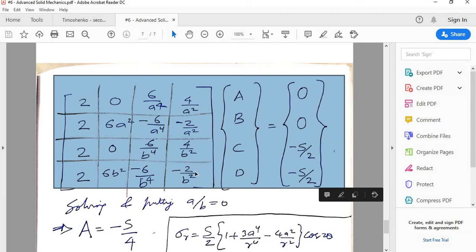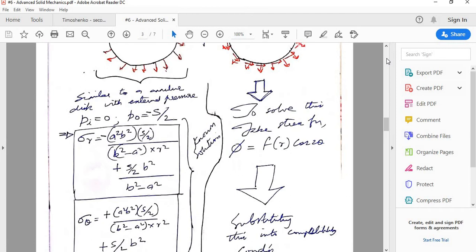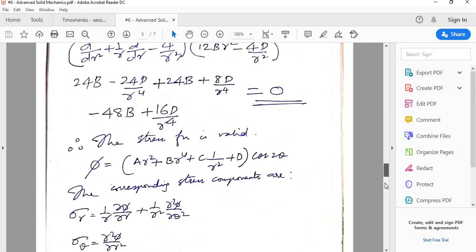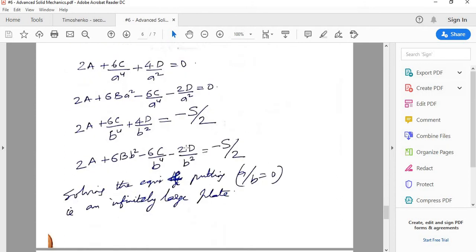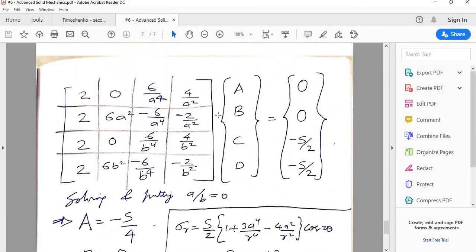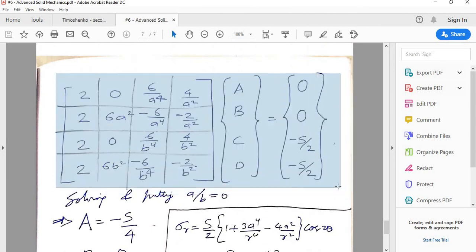Now in solving this, one of the relationships we'll use is, see, the inner radius or the size of the hole, we said that it is very small compared to the overall radius. So that particular condition we'll use. So it means that a by b, inner radius by outer radius, you can approximate to 0. So you solve this 4 by 4 equation,